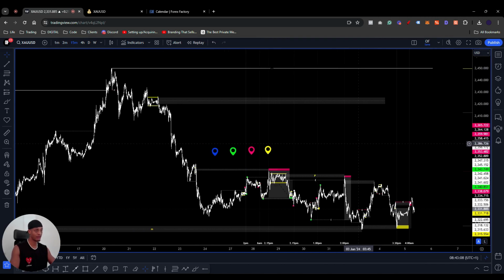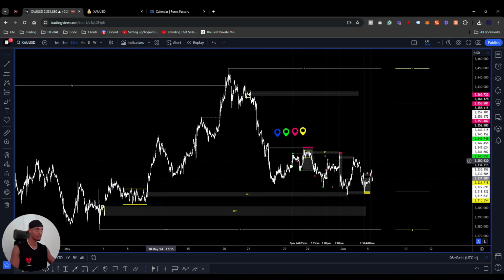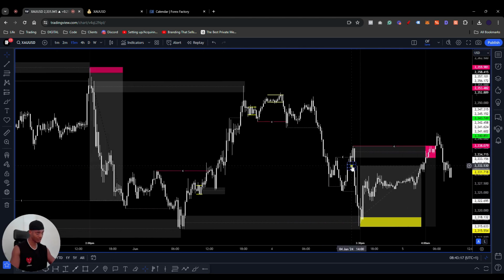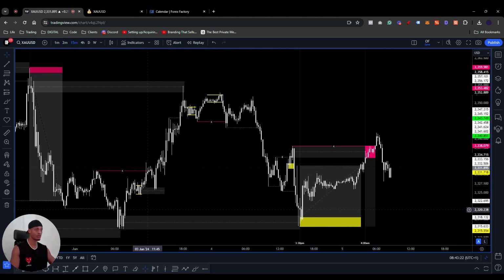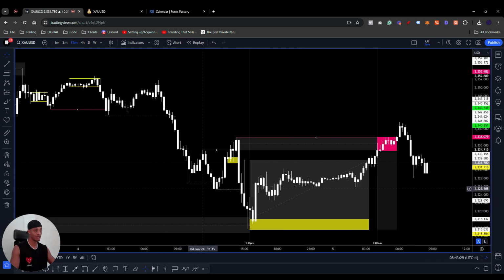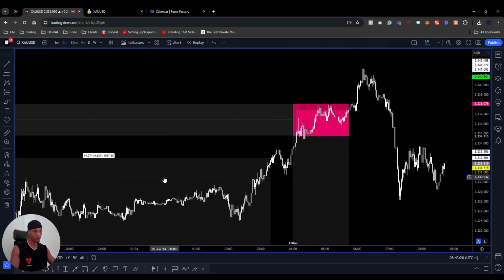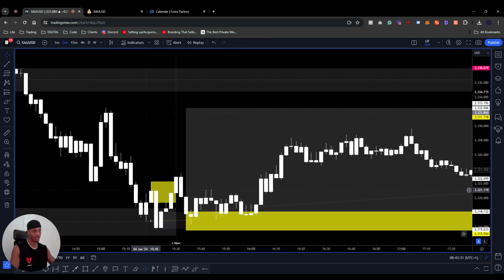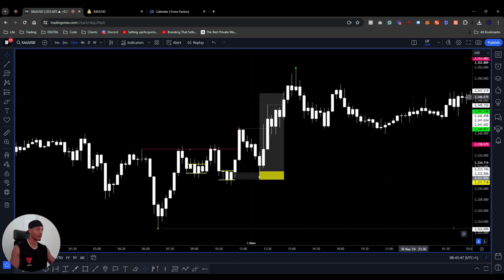Number one, we have come off a contraction demand zone that actually broke structure to the upside when we look at the big picture. Okay, we got a liquidity sweep. Again, just further confirmation here that this zone has some potential. And we got our M2 confirmation, okay, with a break of the engulfing structure on the opposite side. We also got a liquidity sweep here, and we got that nice sell to buy structure close above, and we also got a really nice zone, nice touch, and moved out of there for a nice